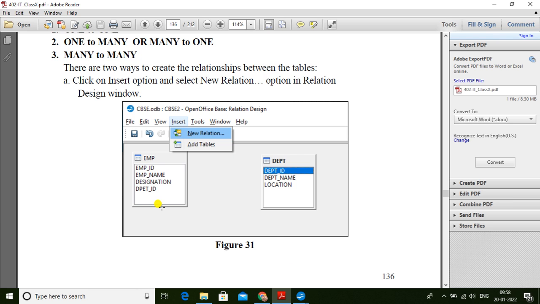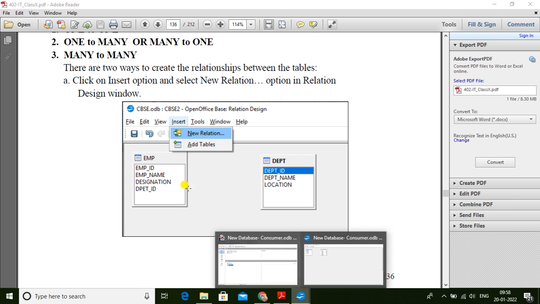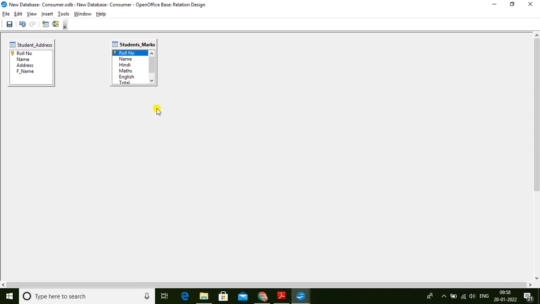To create a relationship, look here, I have two tables I already added. Now what I am doing is going to the Insert menu, here it is, and clicking on Relationship, New Relationship.